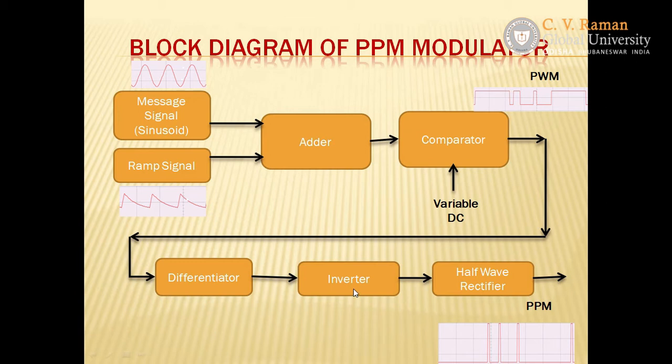So what you can do here, first we have to invert the PWM signal that is fed to the differentiator, and when we are inverting this differentiator output, what we will find is the negative edge will come to the positive section and the positive edge will come to the negative. Then we need to take only the positive section. So again we pass it through a half wave rectifier, so the output will only contain the positive section like this. So only the positive impulses are available here and the negative ones are taken out through the half wave rectifier. So this output is your PPM signal.